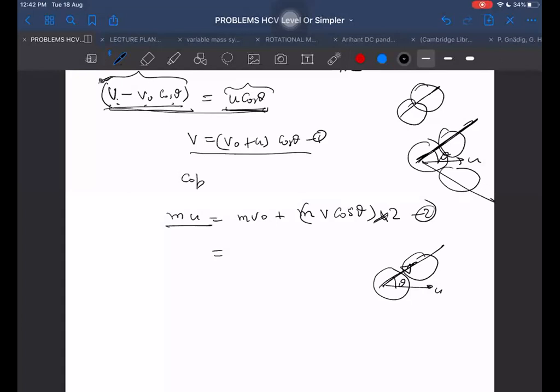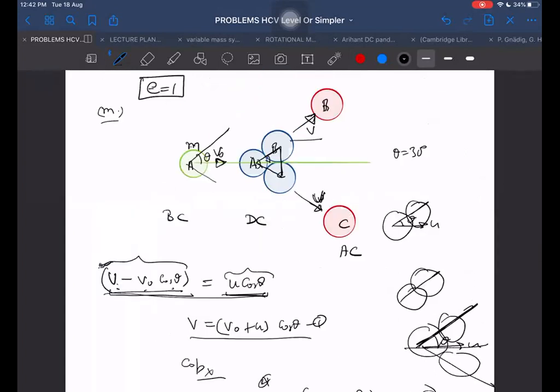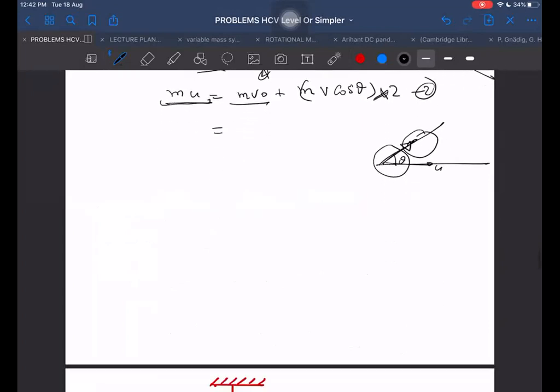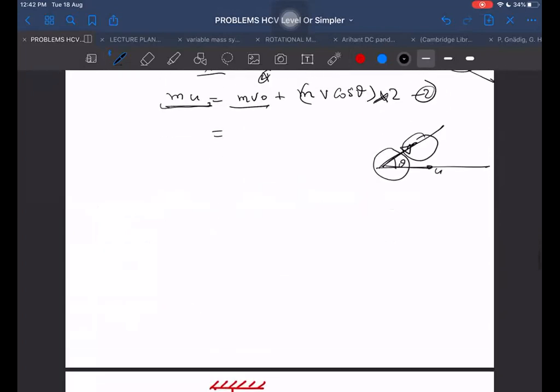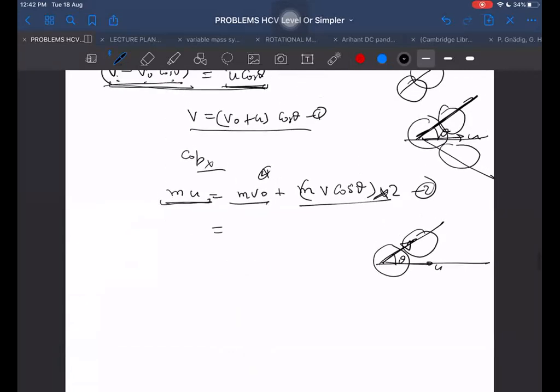I have to apply the conservation of momentum now. That equation is clear or not? M into u was along horizontal. This everything may be along horizontal, I should say along x-axis. All of these three marbles or three spheres or three discs may be lying in the horizontal plane itself. But among these, I am taking along the line of symmetry, along the line of initial velocity. M into v naught finally. V naught is the velocity for body A, right? For A it was v naught finally. And then it is v and it is v. Then I have to take the component of v along this side and the component of the other velocity also along this side. Then I am getting 2 into m into v cos theta. Then by the first and second equation I will be getting the answer finally.